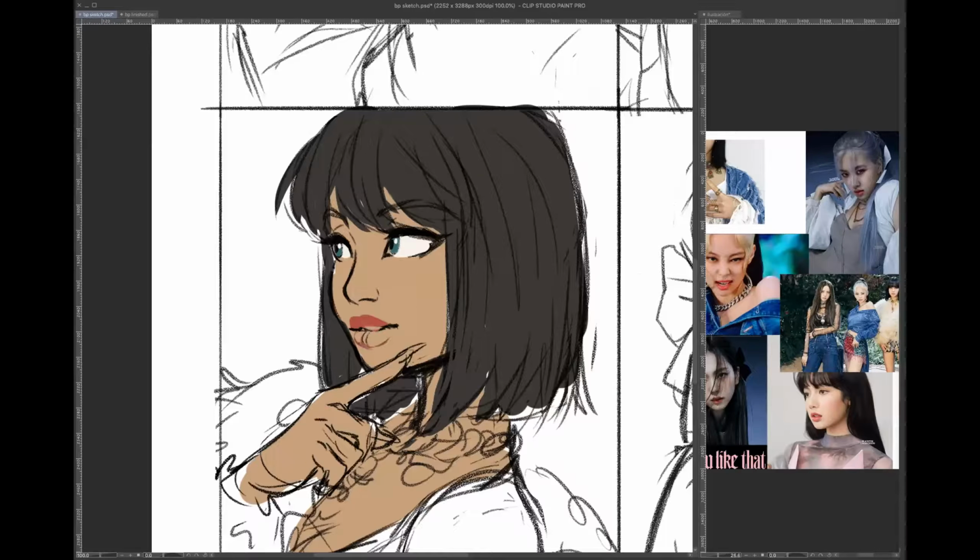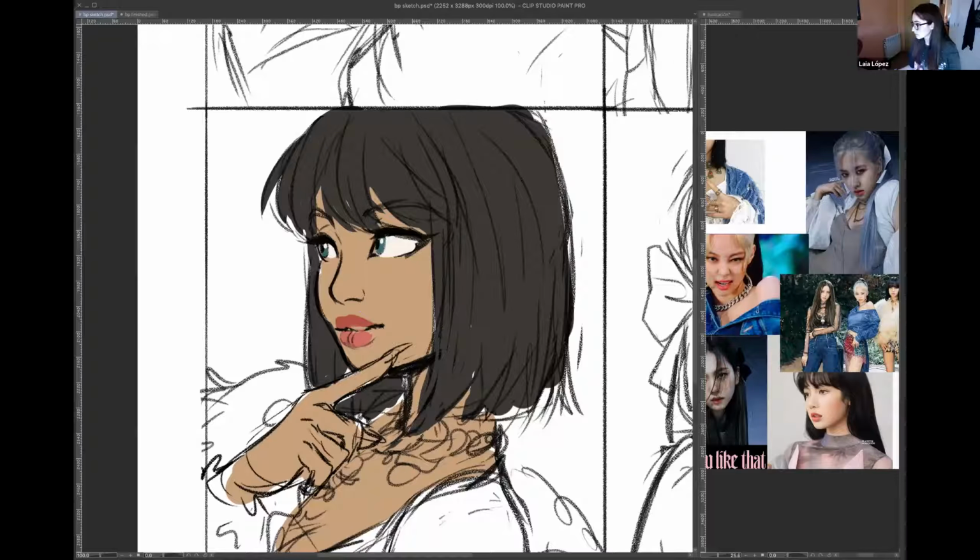Hi, Laia. Just let me chime in quickly. People are wondering about the tools and the layers that you're using. Could you put them on in the screen share? Wait, are they not showing? Oh, that's weird. We just have the artwork and the reference images. Yeah, it's only showing the canvas. I see. All right, so how do I do this? I'm sharing the screen, but let me see.